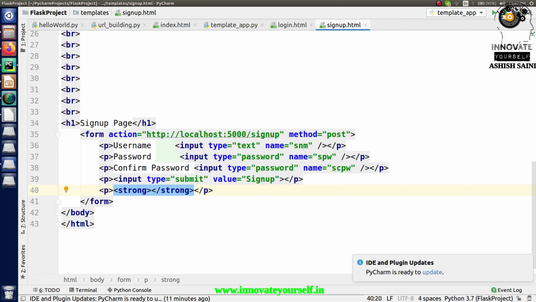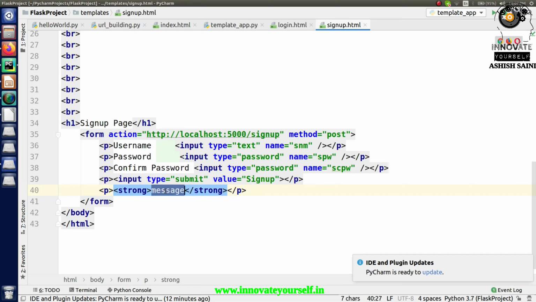And in here, instead of writing the direct message which you have seen on that web page, what we want to do is pass on some variable, let's say a message. But if I directly put it as message, then it will not treat it as a variable. Instead it will treat it as a message which I want to display, but I don't want to display this part. Instead I want to use it as a variable.